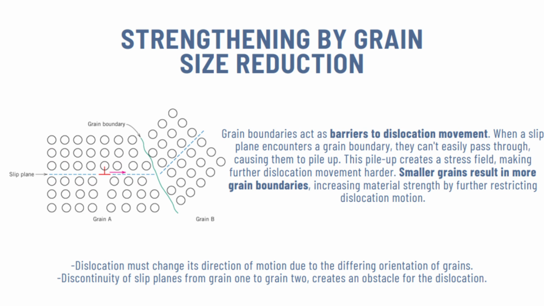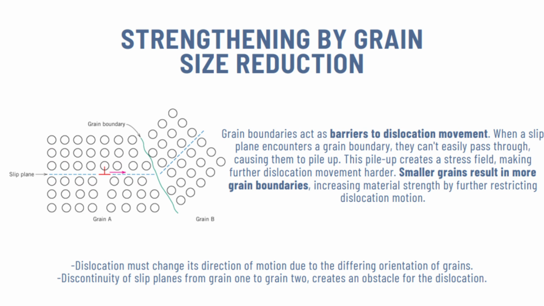So the first concept that is required to be known is that when a slip plane encounters a grain boundary inside of a material, that slip plane is forced to be shifted perpendicular to the grain boundary. This shift in slip plane forces the dislocation to change direction, therefore making materials not easy to slip or fracture in one way. So instead of making a slip plane whose direction is just a straight line all